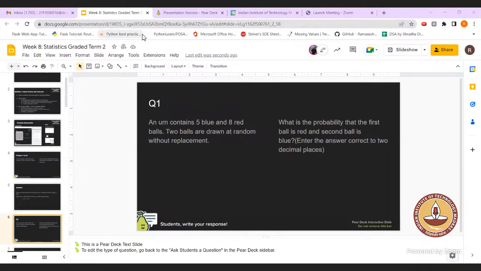Others, you can see it, right? No, sir. On the peer deck, question number 1 is available to everyone. The question is an urn contains 5 balls. In peer deck we are not able to see, but on the Zoom platform we are able to see. Okay, I'll stop the peer deck. We'll just go sharing the slides on Zoom. You can answer it through the chat box. Just give me a second.